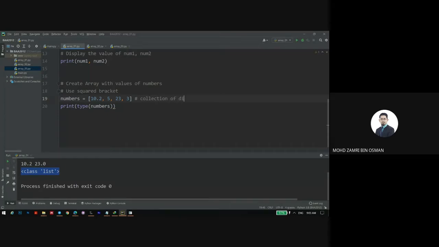a collection of different data types. What I mean about different data types is that it can be a combination of an integer, a float, and a string in the same declaration. Okay, what I mean by this is that, for example, I can declare another one, let's say student info, that consists of the student ID